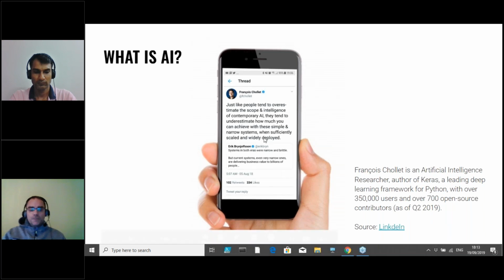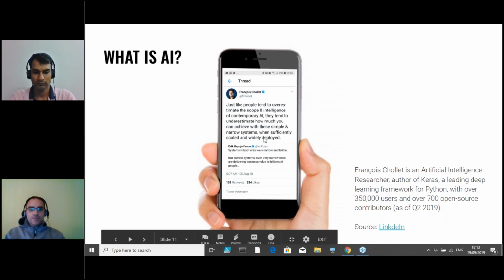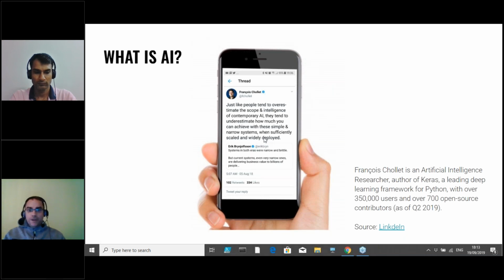The way François defines AI is that people tend to overestimate the scope and intelligence of contemporary AI. They tend to underestimate how much you can achieve with these simple and narrow systems when sufficiently scaled and widely deployed. And I think that really nails it. Simple and narrow systems, when sufficiently scaled and widely deployed, you can do a lot with these things. So long story short,